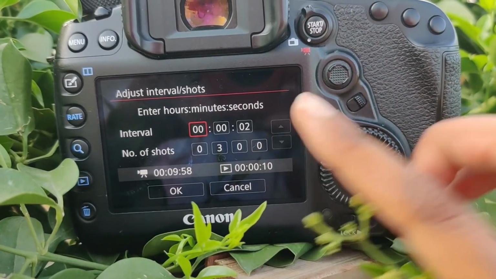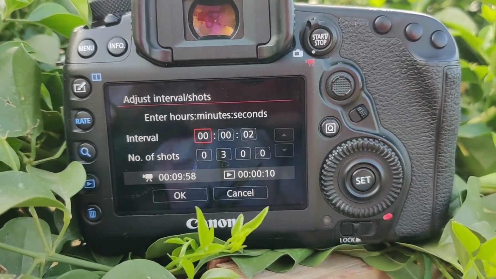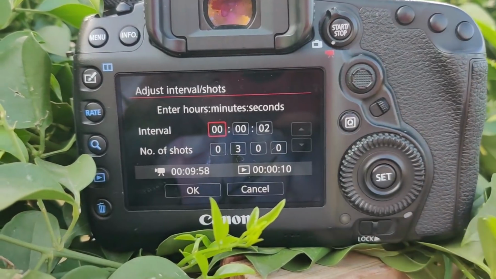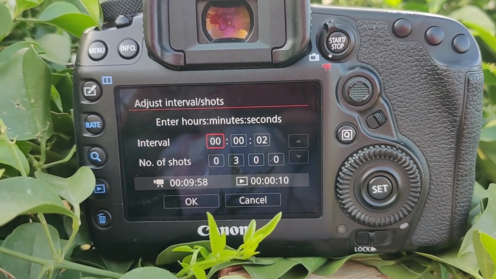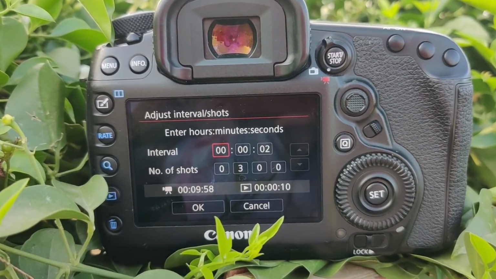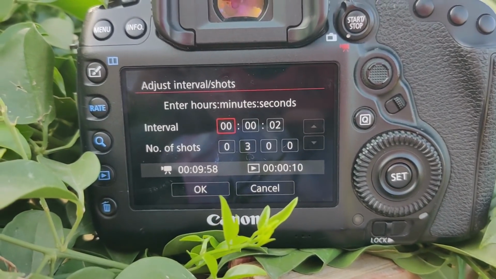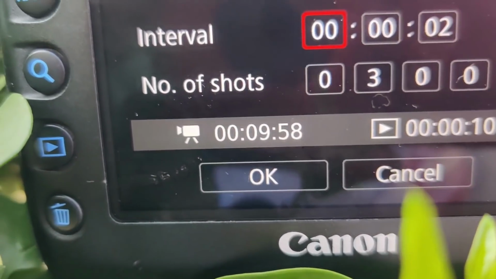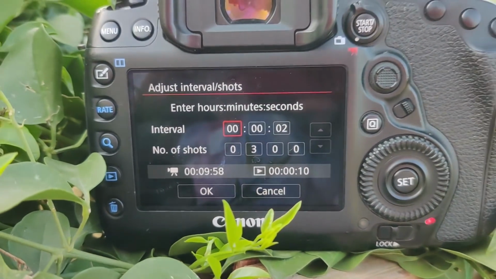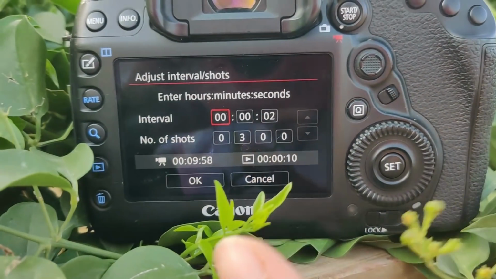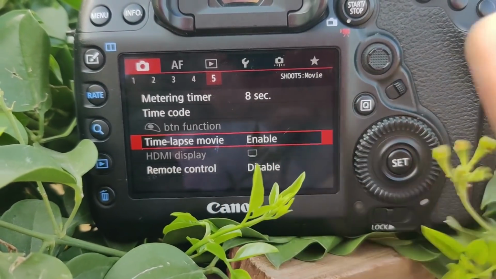Okay, and then the number of shots is it is going to take 300 pictures. So these are the two details that you'll have to enter. You need 300 pictures and it's going to click one picture every 2 seconds. So the total duration the camera needs to do this process is 9 minutes 58 seconds. That's roughly around 10 minutes, and the output footage is going to be for 10 seconds. So let me set OK,